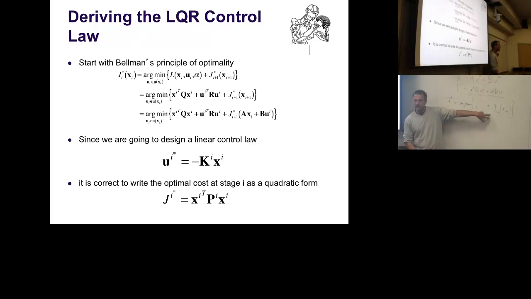A few things to note in order to apply that. I can only do this math if I know x i plus 1 based on my current command and state. That means I need to have a model of the system. These are my model equations. That allows me to predict x n plus 1 by choosing a state x n and u n. It is very important that many of the optimal control approaches do need a model and work extensively with this model. And if this model is wrong, you get into trouble potentially.